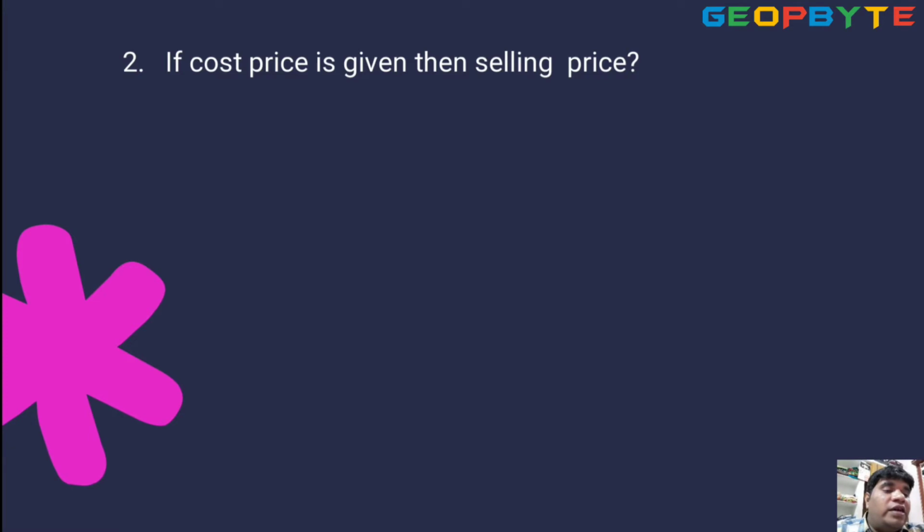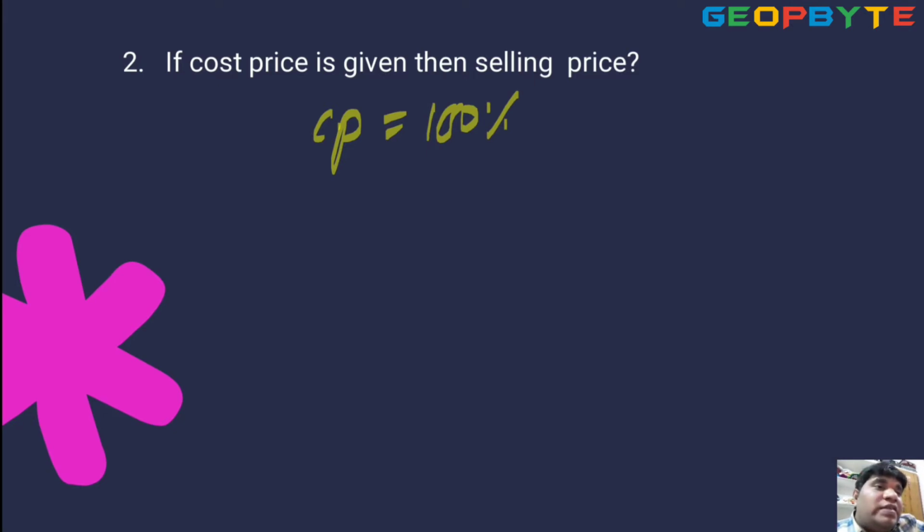Children, here you remember one point. Cost price you can assume as the original. Is there any change? That is selling price. Cost price is always equal to 100%. Cost price is always equal to 100%. Any change in the cost price is called selling price.